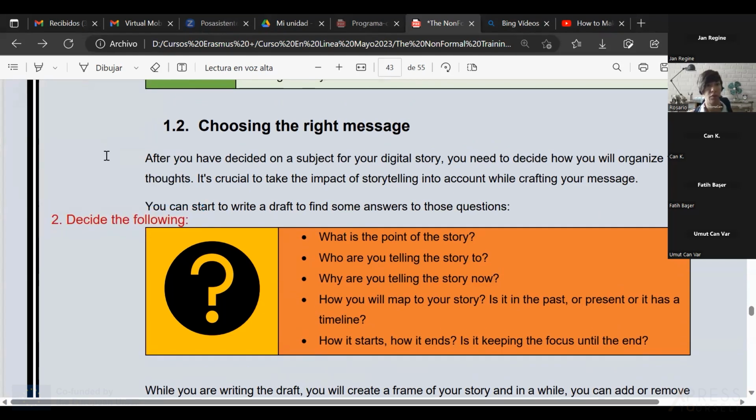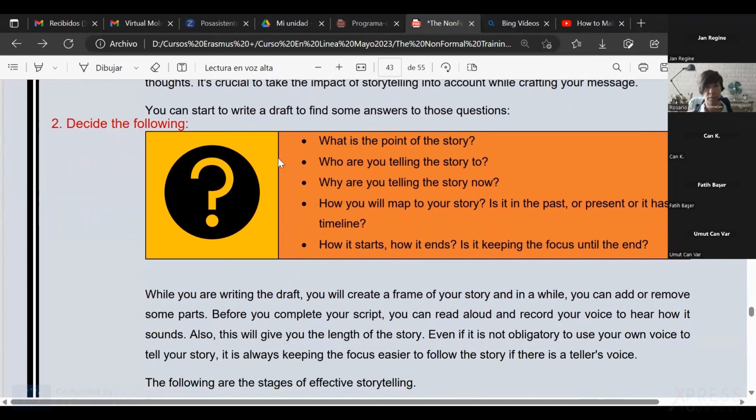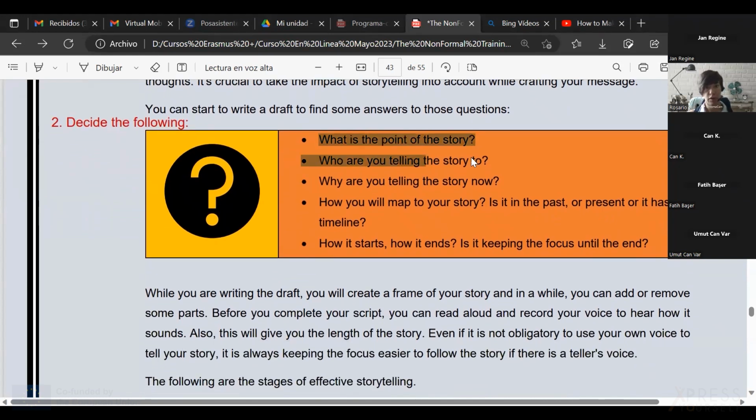And now I want you to decide what is the point of the story? Who are you telling the story to? Why are you telling the story now? How will you map your story? And so is it in past, present, future, or all of them? Does it have a timeline? And how does it start and end?